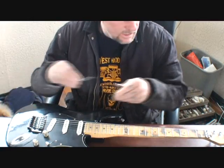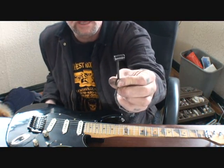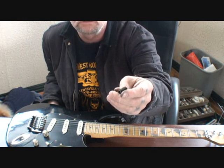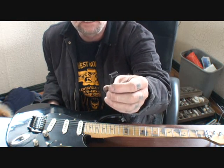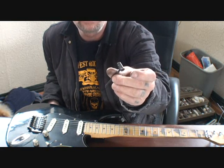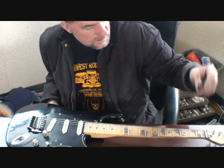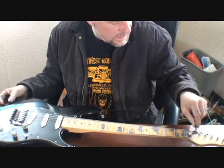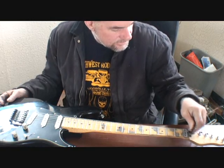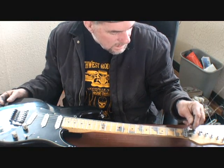So you also need the tool. Now this one has a nut inside of it. Some of them have screws, some of them have Allen screws. This one has a nut inside it, so you're going to need the special tool that will be used to fit down inside. You see what I'm saying? It's going to have to fit down inside there for you to adjust what you need. Now on this